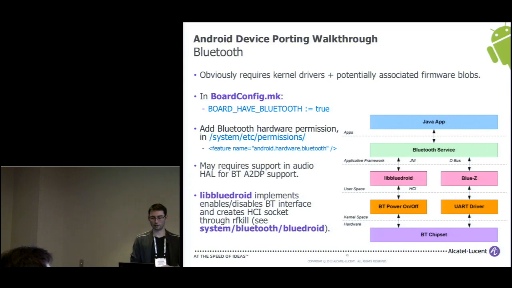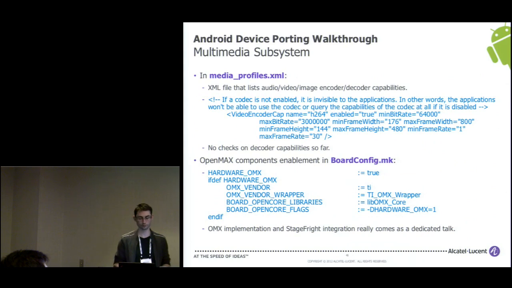And for the Bluetooth, but also same goes for the Wi-Fi, what you have to do, once again, is to modify the system etc permission file and add some new XML files specifying that your hardware supports Bluetooth. And same has to be done for the Wi-Fi. Otherwise, if you do not have this file, you just never get to see one on-off button within the settings applications, for example. So this may sound really stupid, but the only presence or non-presence of these files determines the complete behavior of your system.